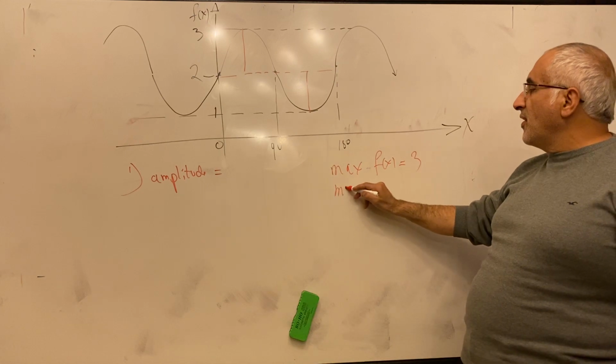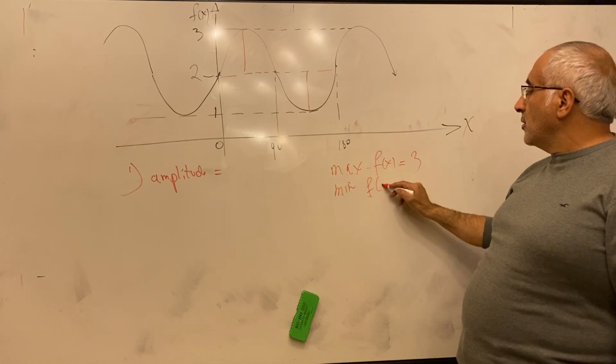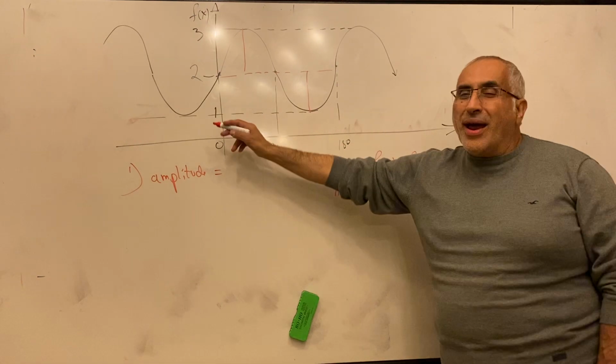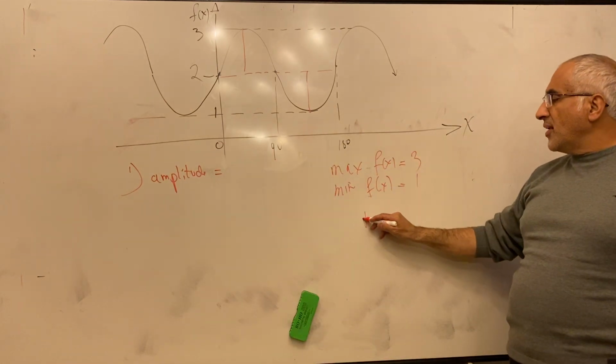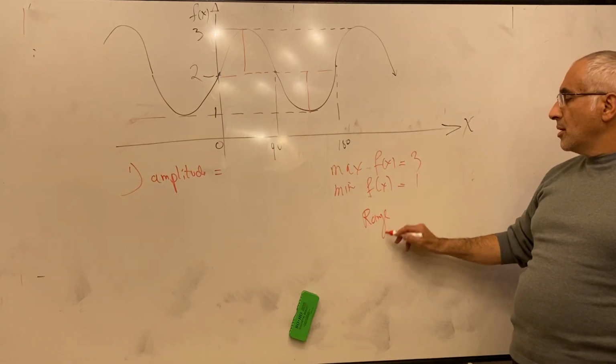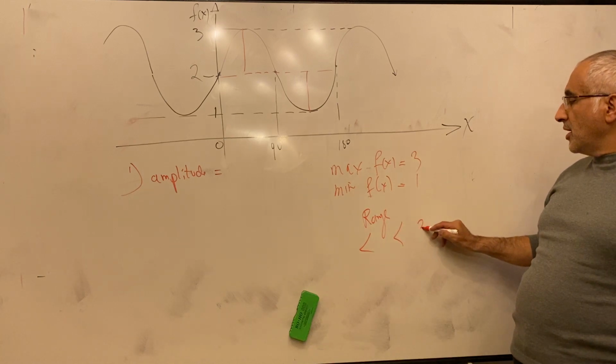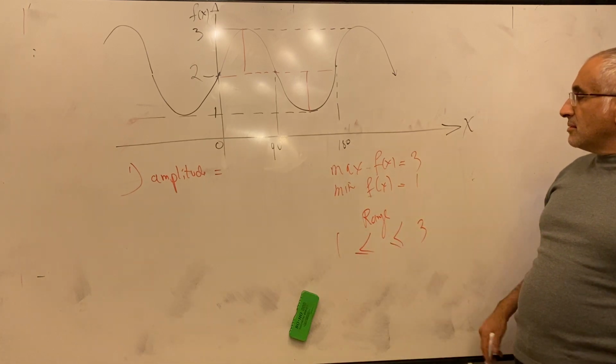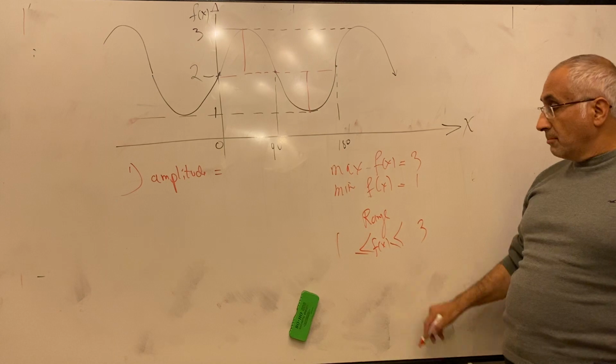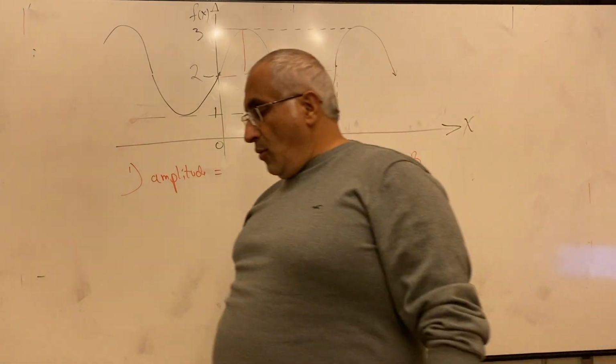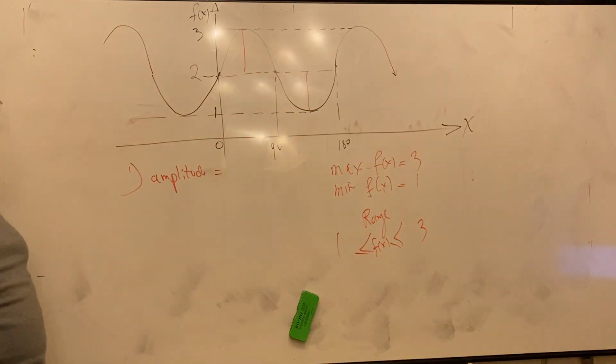What is the minimum value of that function? You can all see it, it's all the way down to 1. So if I ask what is the range? Your range is between 3 and 1. That's common sense. You don't need to be smart. But if I want to find the amplitude,